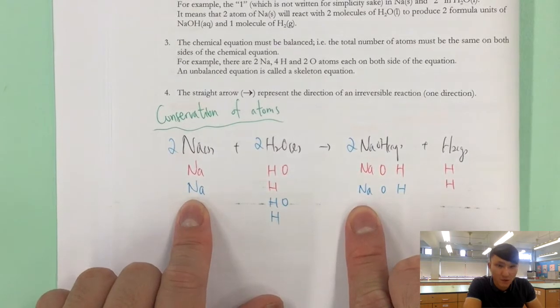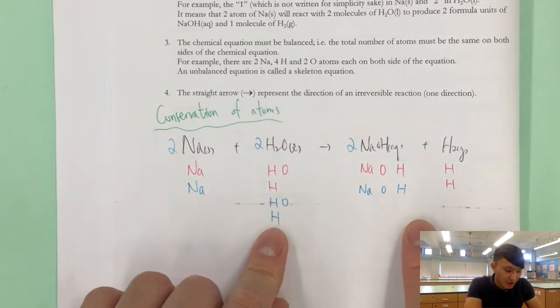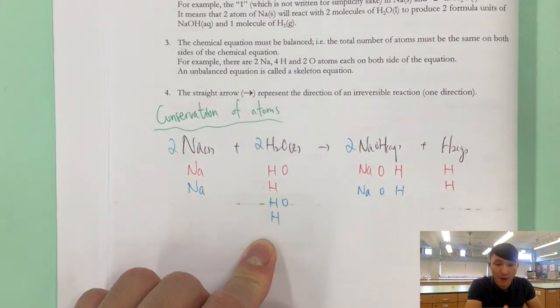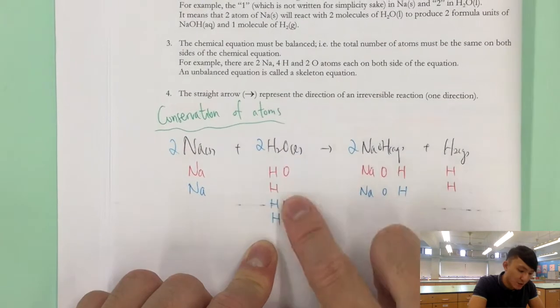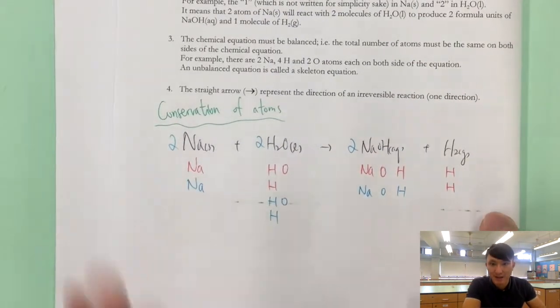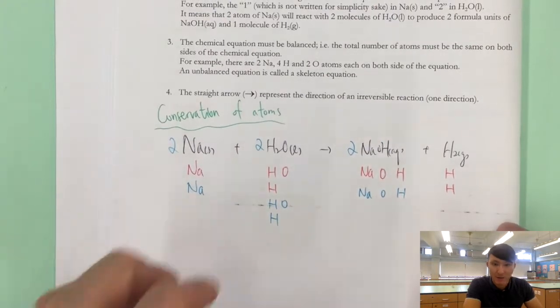Sodium, 2 sodium on both sides, so it's balanced. Hydrogen, 1, 2, 3, 4. 1, 2, 3, 4. So hydrogens are balanced. Oxygen, 1, 2, 1, 2. Again, balanced. Now here, this equation is said to be balanced because the number of atoms on both sides are